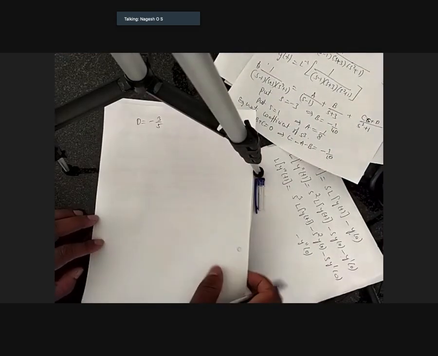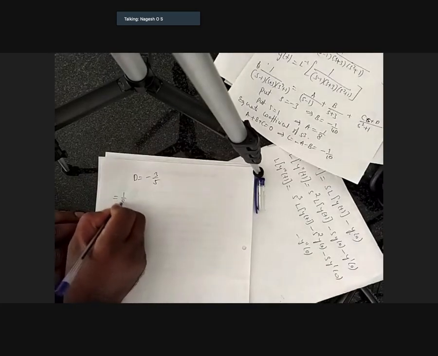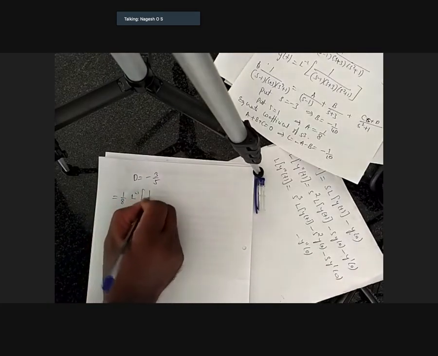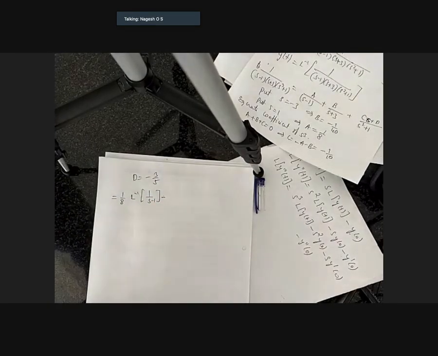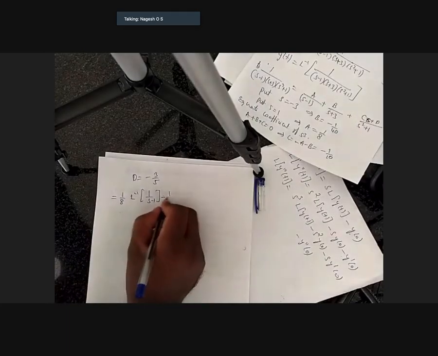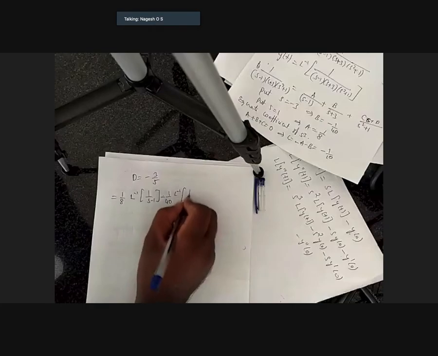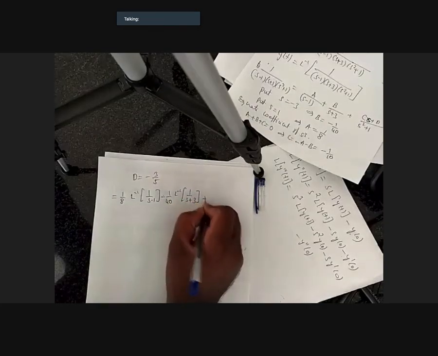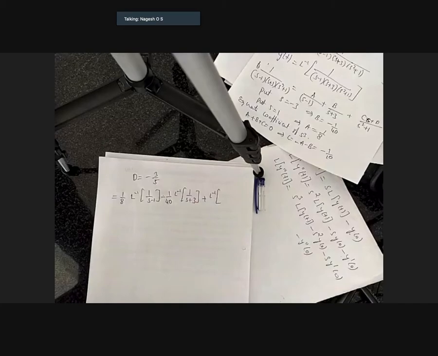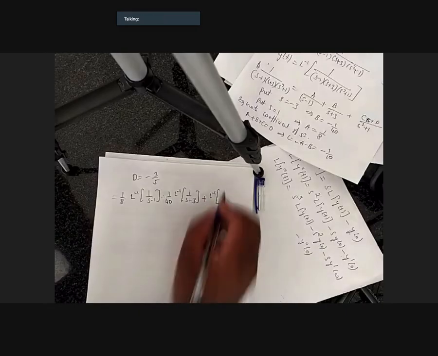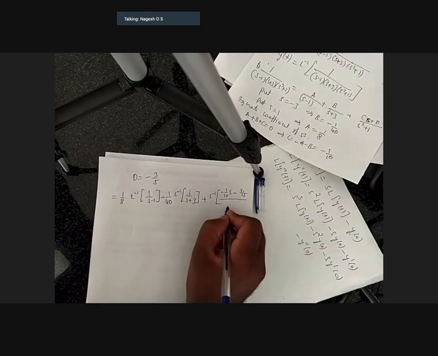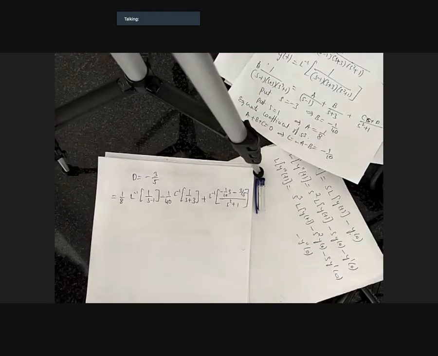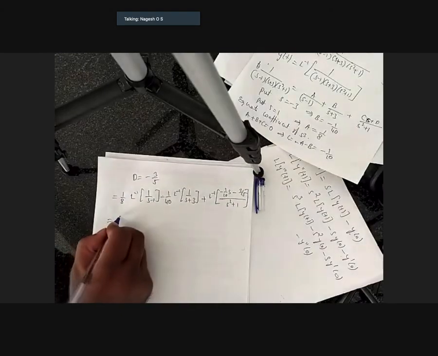so we will write the inverse Laplace transform: 1 by 8 Laplace inverse of 1 by s minus 1, b value, minus 1 by 40 Laplace inverse of 1 by s plus 3, plus Laplace inverse of the third term, minus 1 by 10s minus 3 by 5 divided by s square plus 1. This is the third term. First two terms are easy.